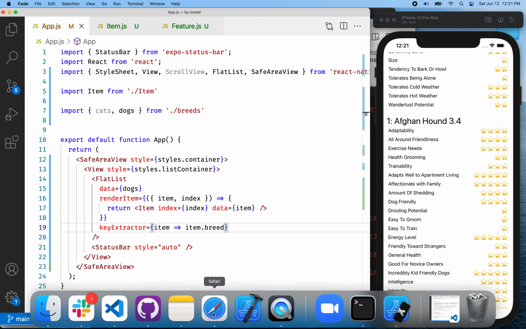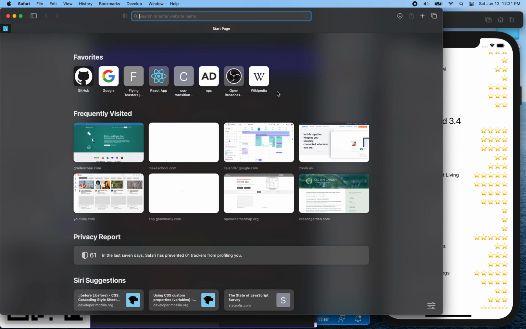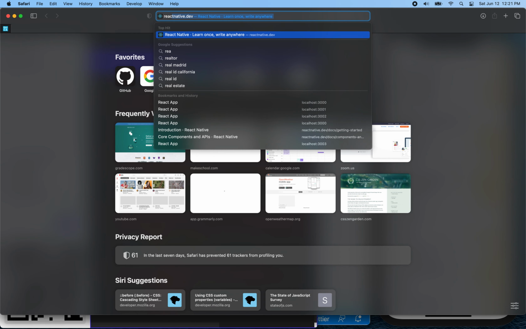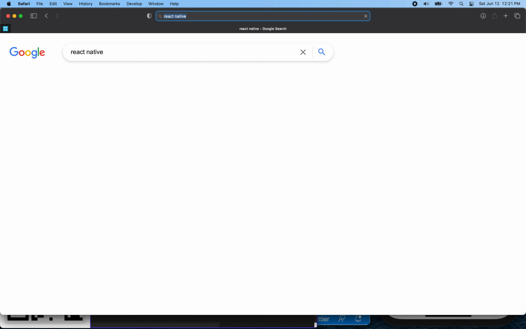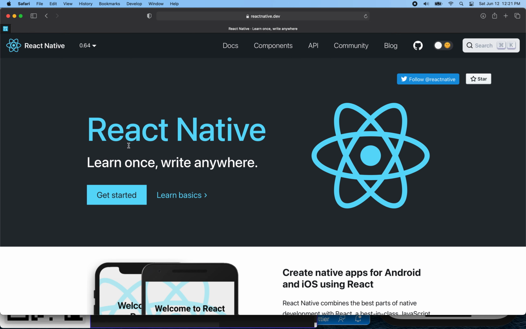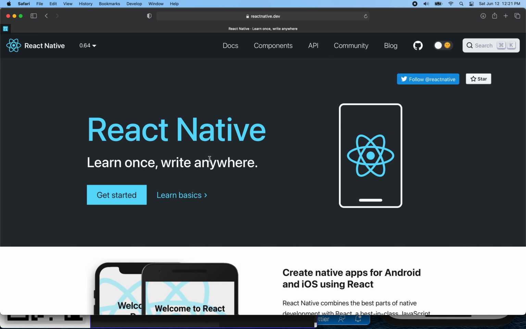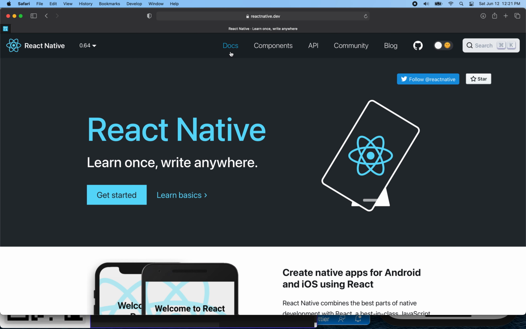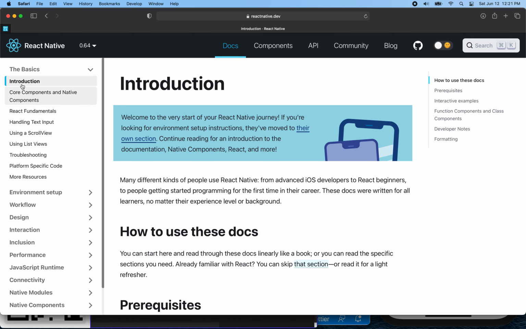So I'm going to go to the browser here, and I'm going to open up my browser window and I'm going to search for React Native. Okay, so I'm looking for reactnative.dev, which is their homepage. So I'm going to go here. It says React Native, learn once, write anywhere. Okay, and we have some docs here at the top, and you can click on this and it'll give you